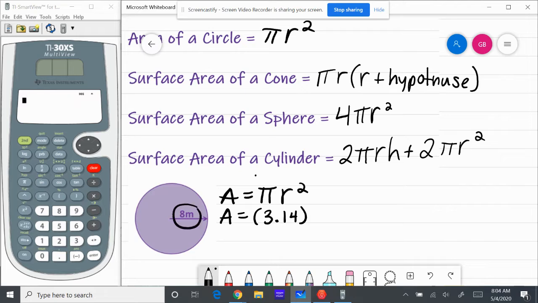According to the picture, the radius is 8. And you're going to square that value. So now I'm going to use my calculator here. 3.14 times 8 squared. That's going to give me